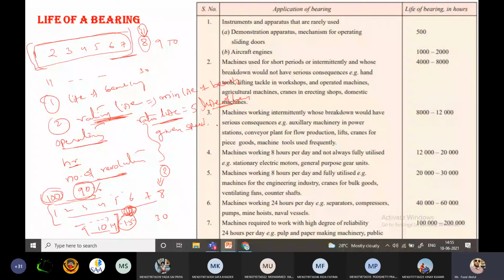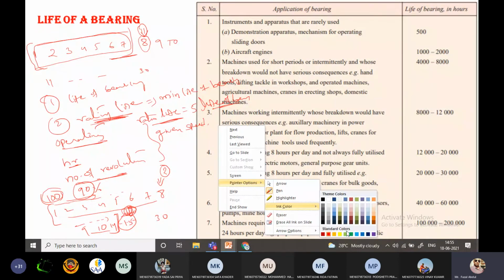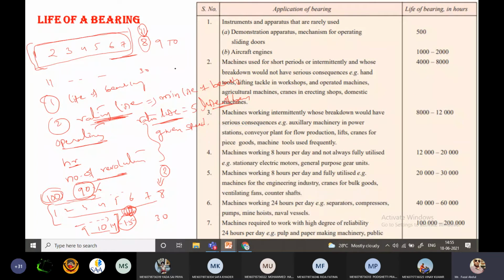Okay, now coming to the next. So here at 90%, on the 15th day, 10 bearings are subjected to fatigue failure. Now how many bearings are left? 90 bearings are left, even though we are continuously allowing them to work and operate. So what happens here, on a particular day, around the 15th day of the next month, only 50 bearings are in safe condition, and the other 50 bearings are subjected to fatigue failure.